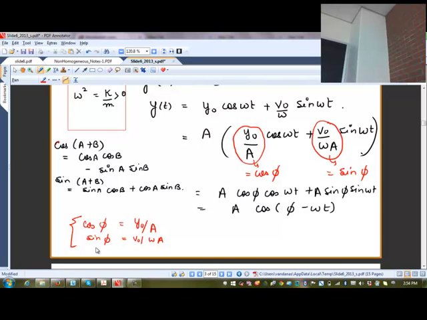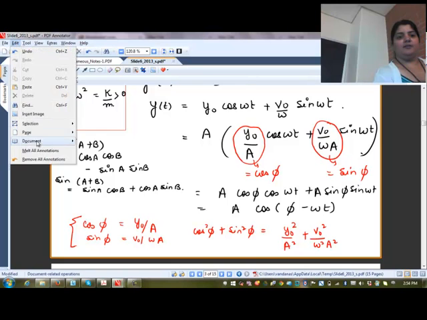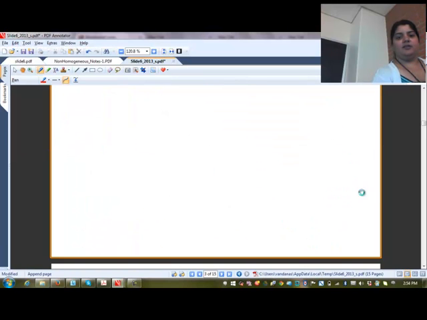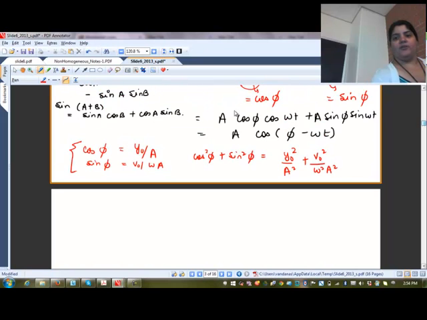So cosine square plus sine square is 1. Okay. So cosine square phi plus sine square phi being 1, we get rid of this phi completely. Easy, right? We don't have phi now. So we can solve for A. So A square, make a common denominator here. Let's not skip steps. So 1 is equal to